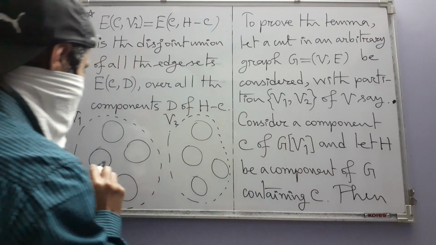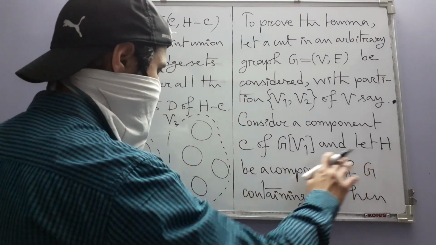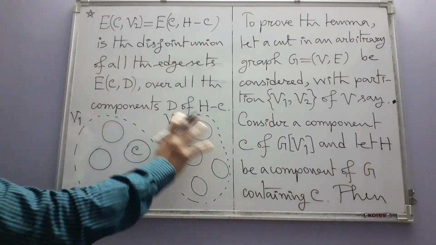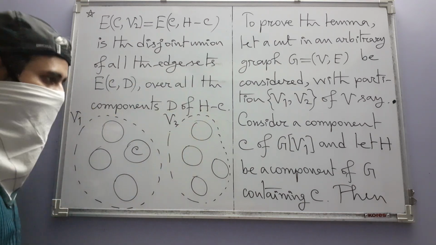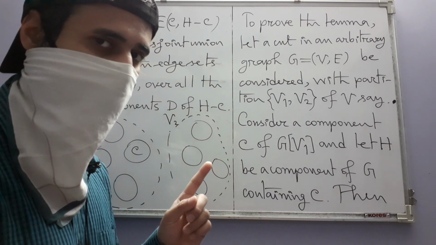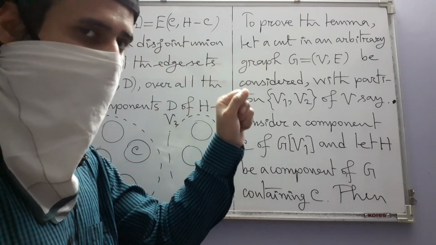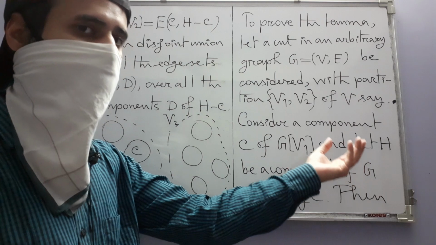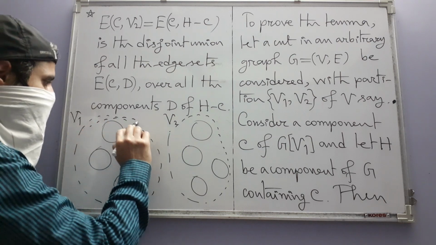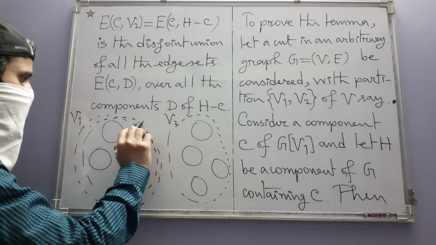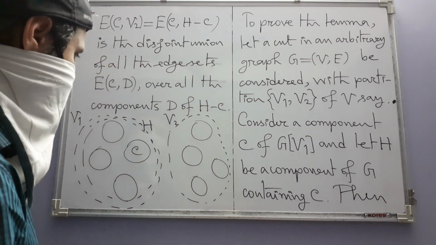Consider a component C of GV1. So say that component is this C. And let H be a component of G containing C. Of course, H will be there somewhere in G, which contains this component C. And H, being a component of G, will be a connected graph. And that's how we started our proof. Remember, in the beginning of the proof, we considered a connected graph H and a component C of H. Okay, so H is here somewhere, right? So now what we are saying is that,